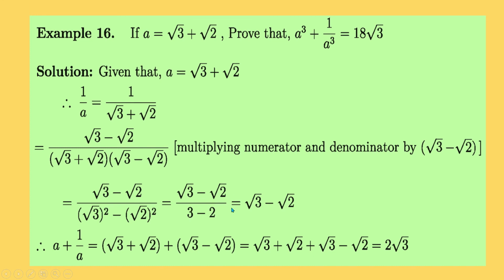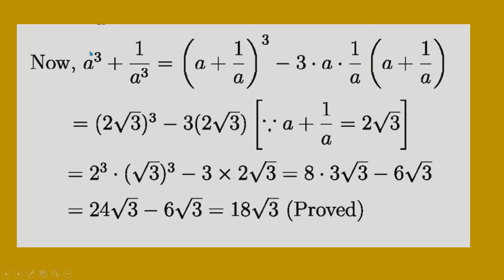So root 3 minus root 2 divided by 1, and the same. Therefore a plus 1 by a is equal to this, and 1 by a is equal to this. So a plus 1 by a equals this plus this. Here root 2 cuts, and we will get only 2 root 3. Clear? Now the left hand side, that means this is the left hand side, a cube plus 1 by a cube, this